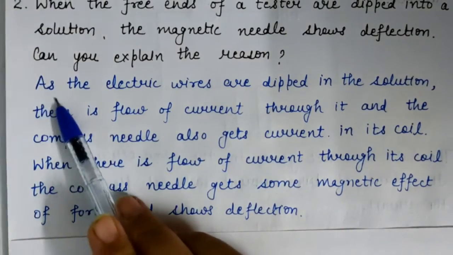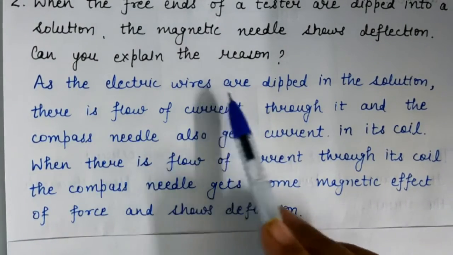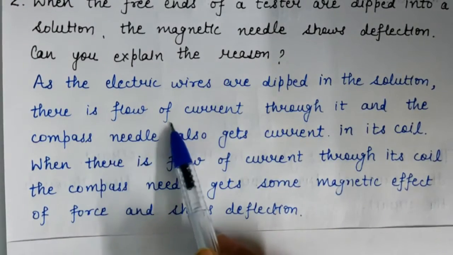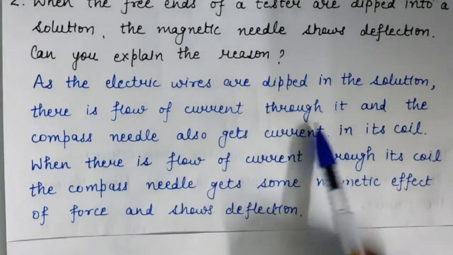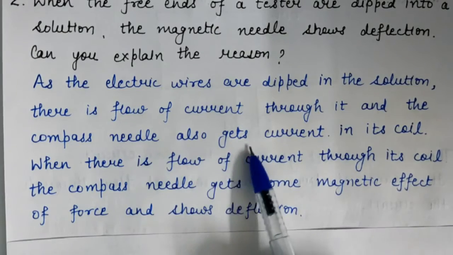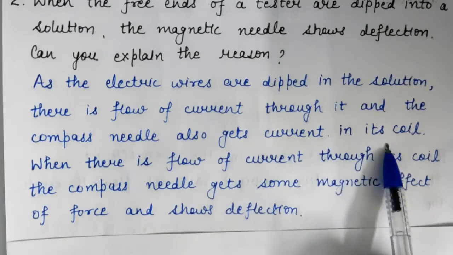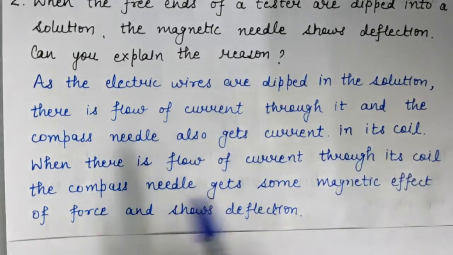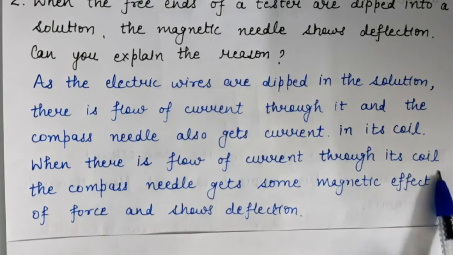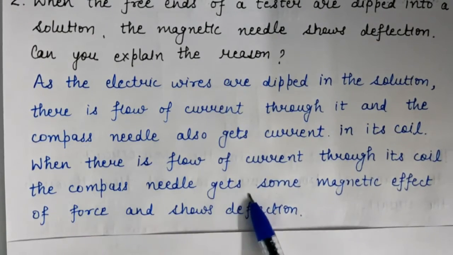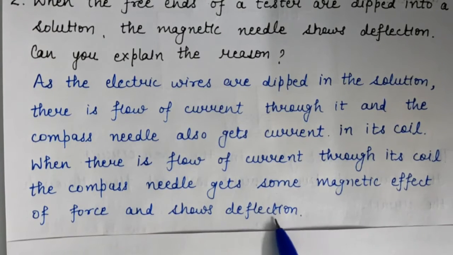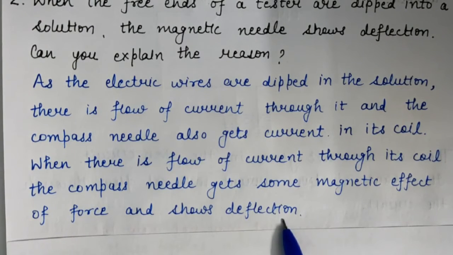The answer is, as the electric wires are dipped in the solution, there is a flow of current through it and the compass needle also gets current in its coil. When there is a flow of current through its coil, the compass needle gets some magnetic effect of force and shows deflection because